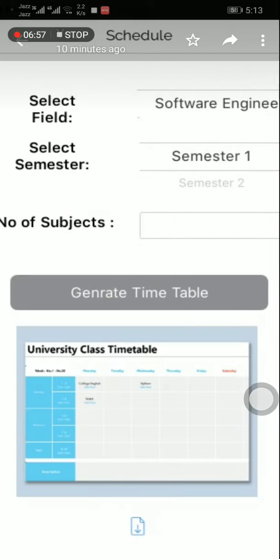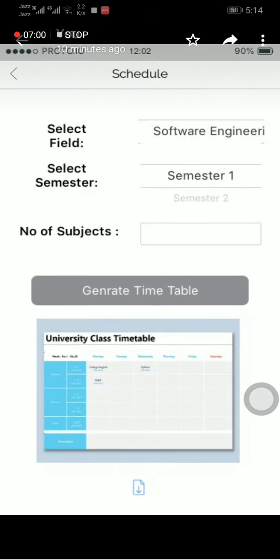For example, now let's move to our page that has been somehow skipped. This is the page on which you will generate the timetable for your course. For example, you have registered in software engineering semester 1 and selected all the subjects in which you want to register. Then you will move to this page, and when you click generate timetable, a timetable will be generated according to your selected subjects and shown, which you will be able to download in PDF format, etc.